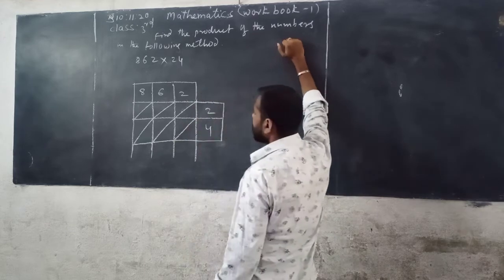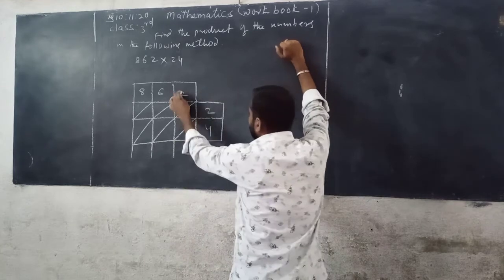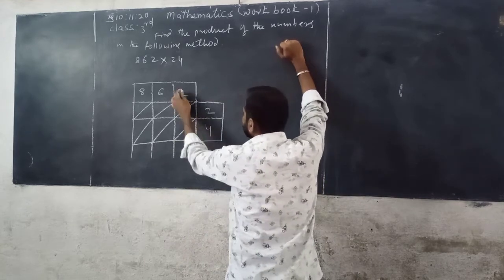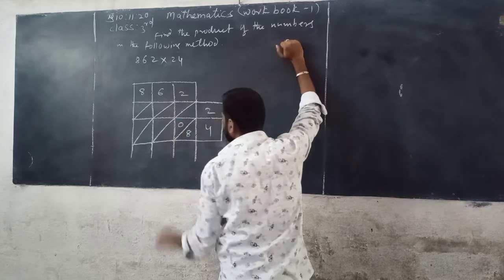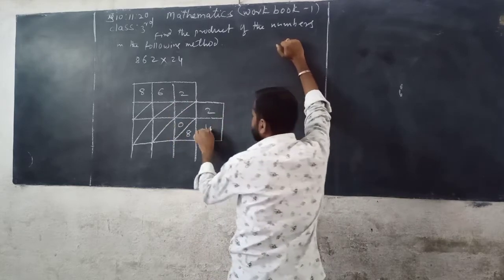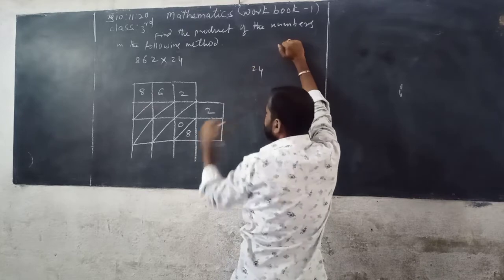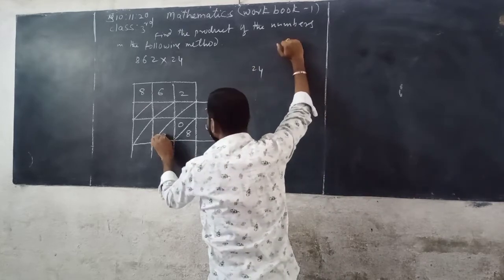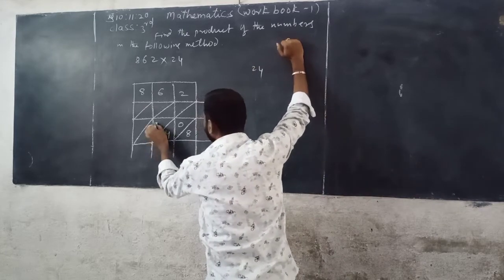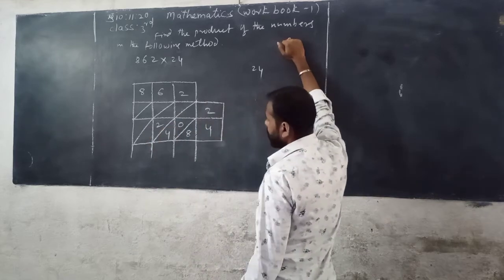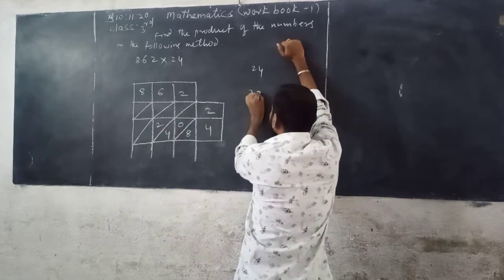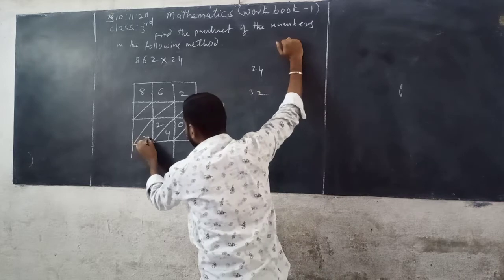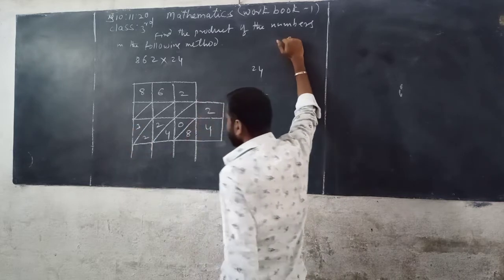Now 862, in it 2 is multiplied with 4. 4 2s are 8, 8 you can write it here, then here 0. Next 6 4s are 24, in it 4 is write down in this cell, 4 write down below of the diagonal, 2 write down above the diagonal. Next 4 8s are 32, so 2 write down below of the diagonal and 3 write down above the diagonal.